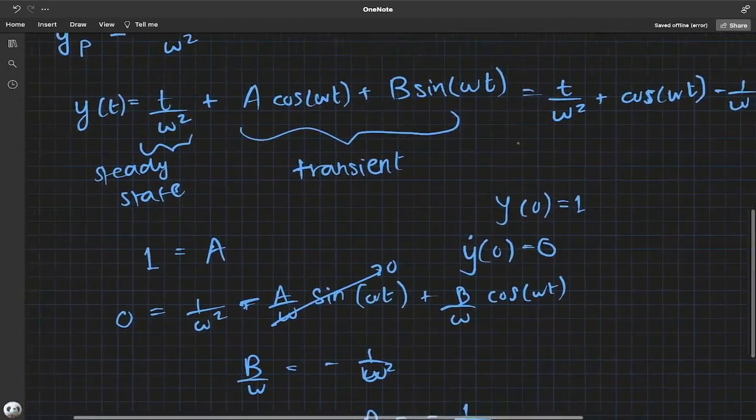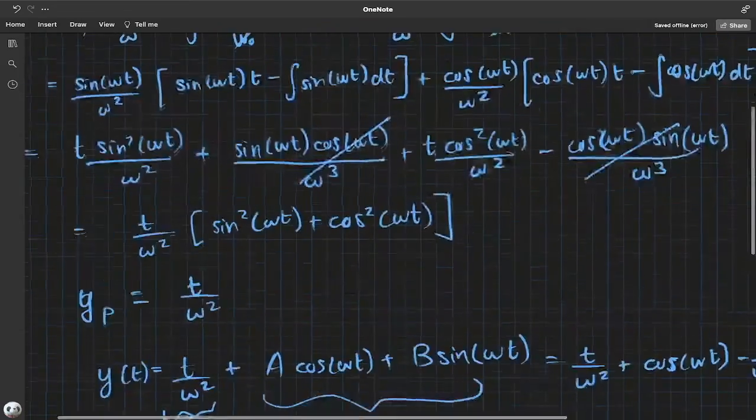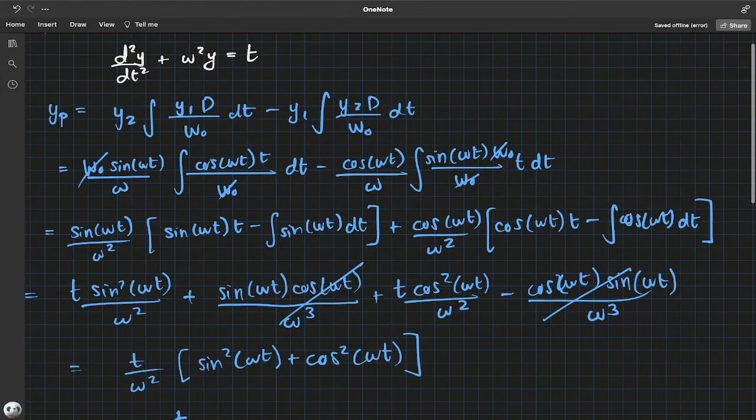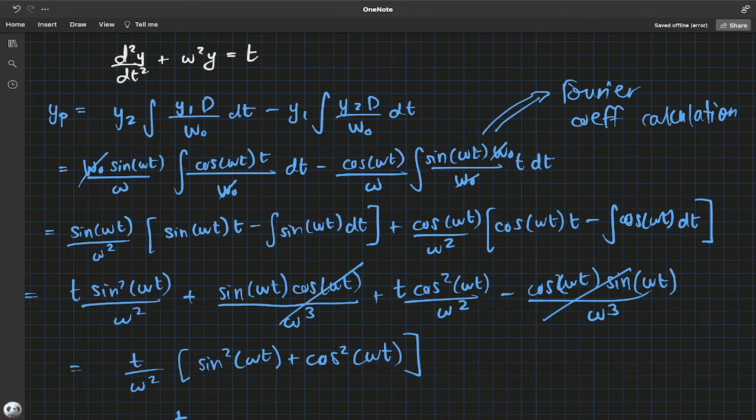This will work. And it's really, really nice. One thing I would like to point out is, notice this case, forget the Wronskian and just notice cosine of omega t times the drive, sine of omega t times the drive. It actually reminds us of the Fourier series coefficient calculation that we used to do. And this makes sense because if you can express your drive function, this is your drive, in this case a linear, if you can express your drive function as a linear combination of sines and cosines, then this